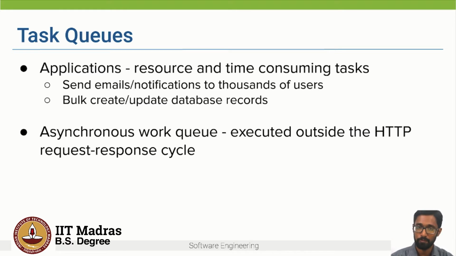In the normal request response cycle, you send a request to the server saying, send an email to my friend. The server processes that request, actually sends the email, and sends a response saying that the email has been sent. However, this is not scalable if you want to send an email to thousands of users,